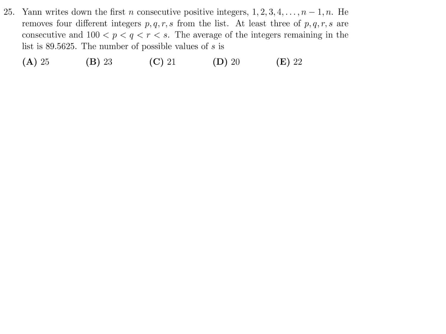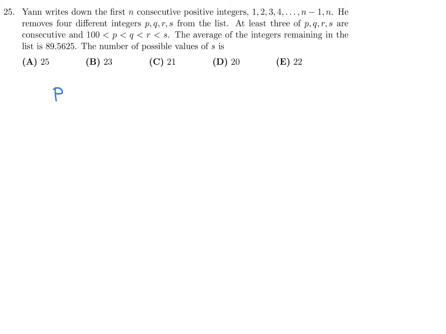Jan writes down the first n consecutive positive integers, 1, 2, 3, 4, all the way to n minus 1 and n. He removes 4 different integers, p, q, r, s, from the list. At least 3 of p, q, r, s are consecutive, and 100 is less than p, less than q, less than r, less than s. The average of the integers remaining in the list is 89.5625. The number of possible values of s is